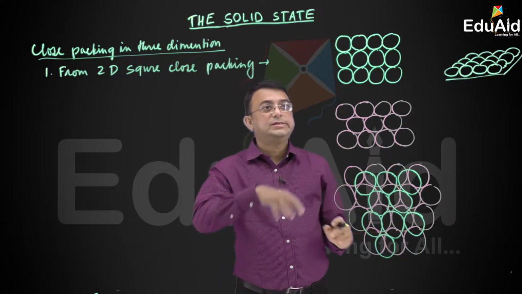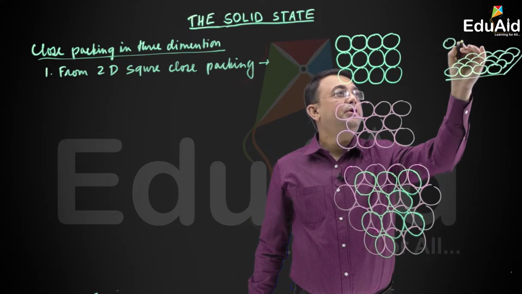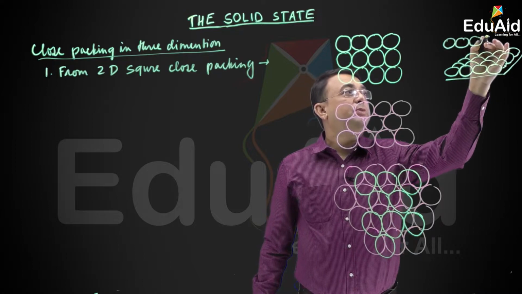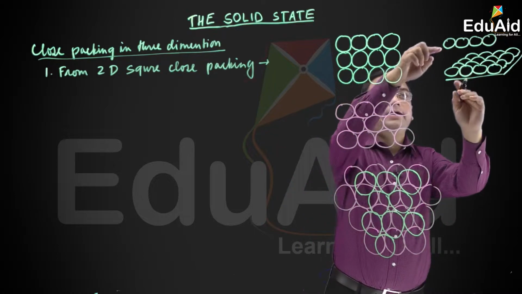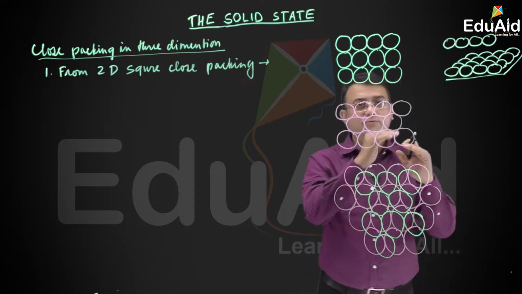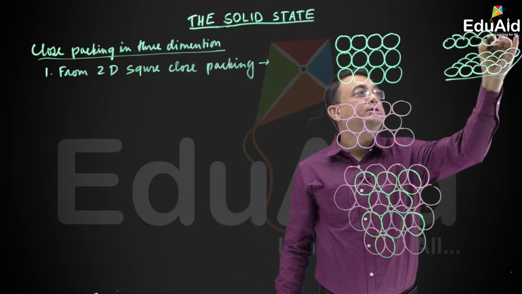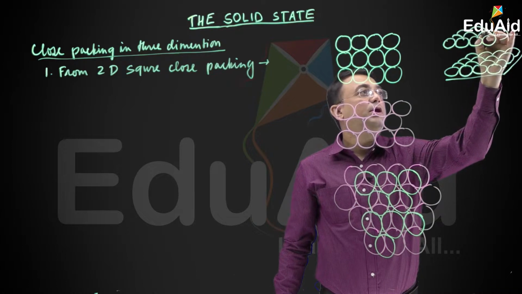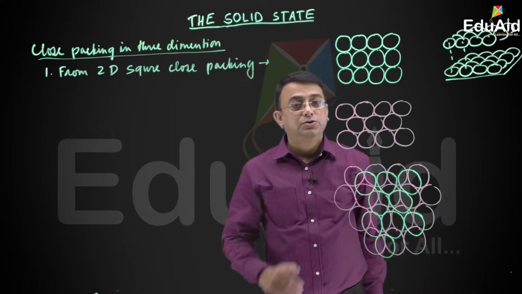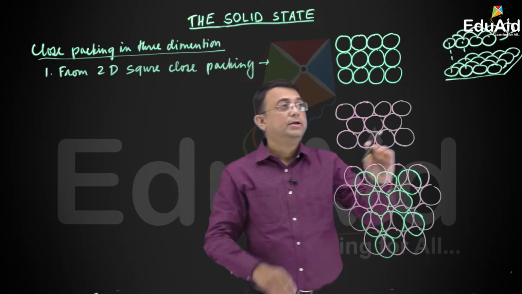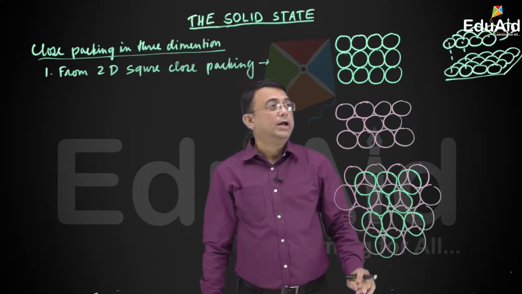Now we try to put the second layer above this layer. How? We put the second layer exactly above the first layer. Remember, these particles are not arranged in this wider form. Not so spacious. They are exactly touching each other, but for our convenience we are showing in this wider form. So this is the next layer. How is this next layer being placed? Exactly above each particle, so that the particles of the first layer and the second layer are exactly aligned to each other.